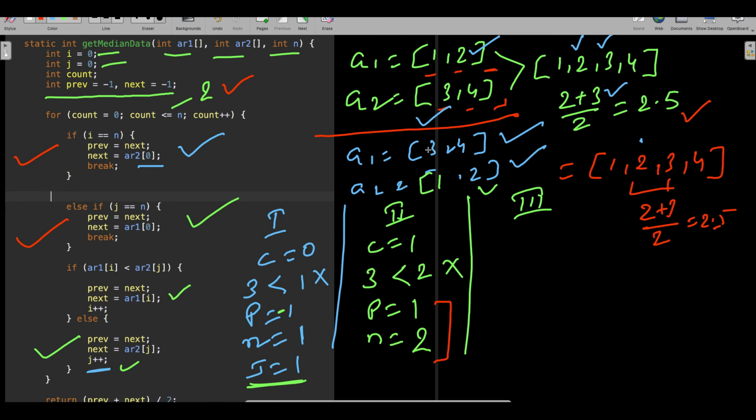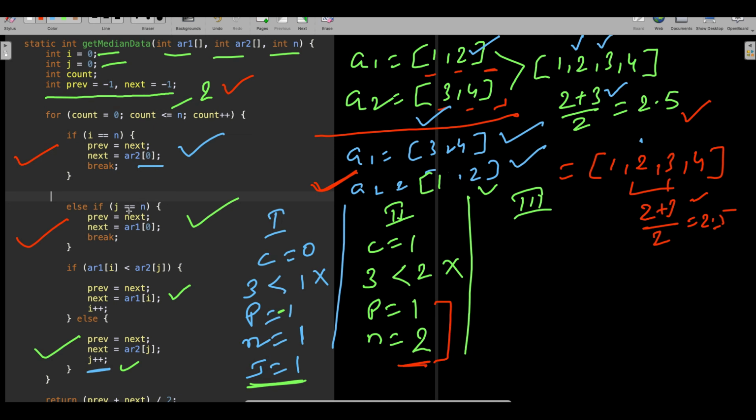So you processed only the second array, so you got 2. Now you did not get 3. So how will you get 3?